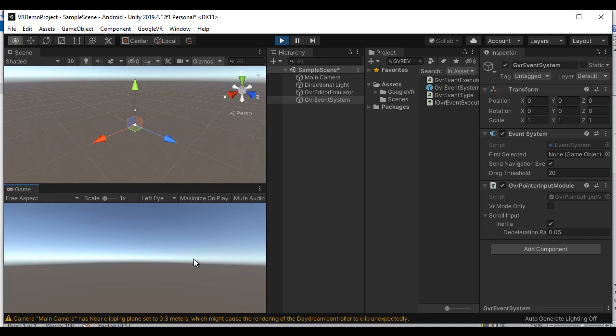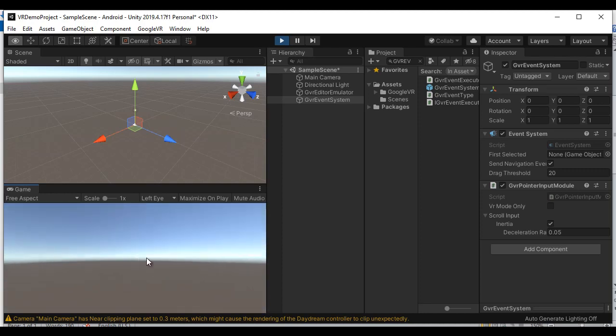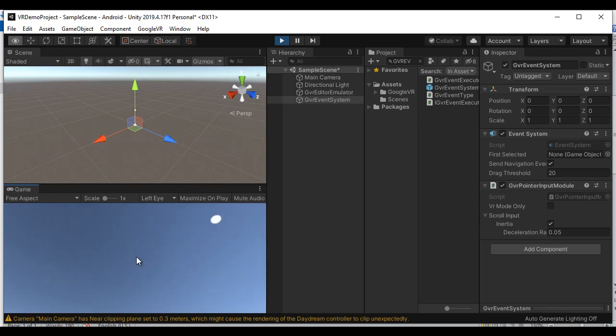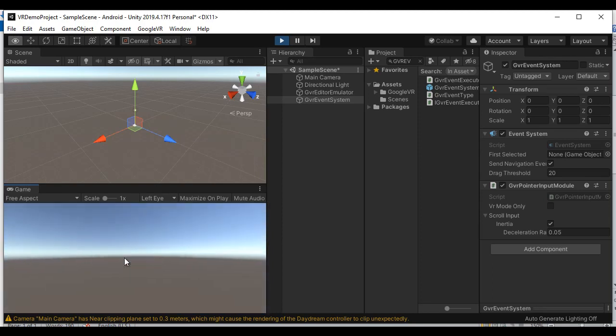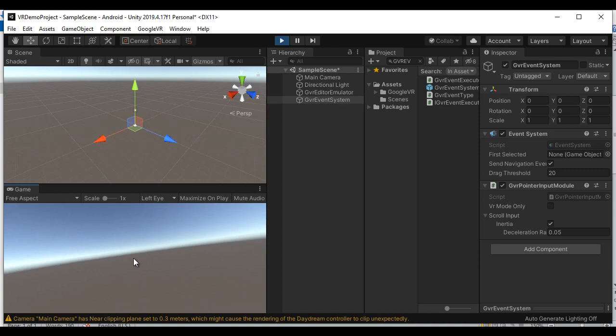If I hold down the Alt and move the mouse, we can see up and down, we can see left and right. We can look around the scene, guys. And if you hold down the control and move the mouse, you can rotate around the Z axis, right?